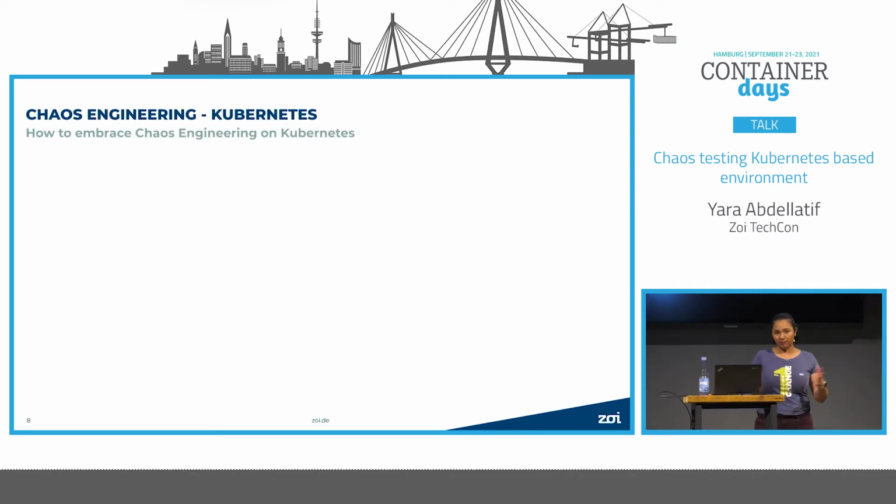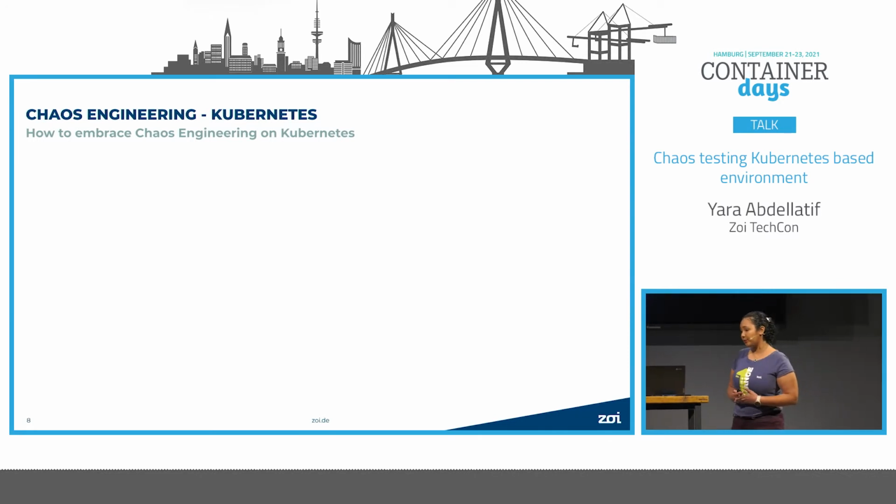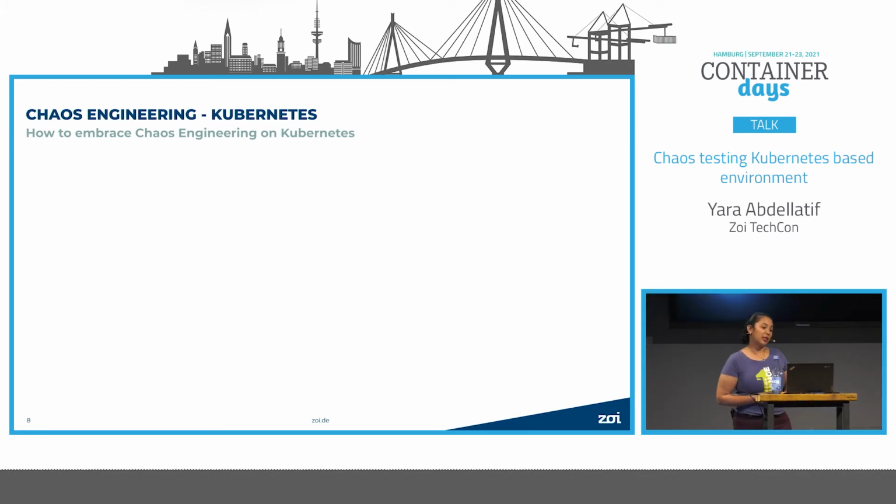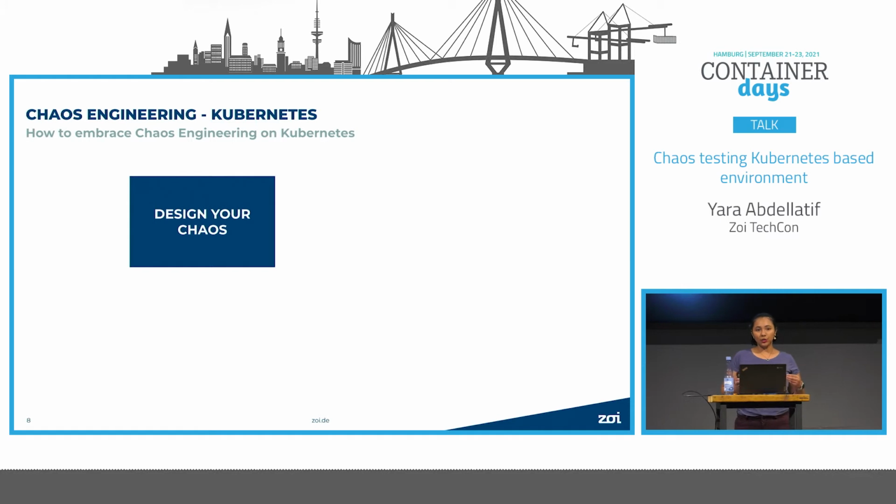Okay, so this is chaos engineering in general. Now we want to actually embrace this, adopt this on a Kubernetes-based environment. What should we keep in mind when we do that? At first, you want to take an overall look at your system, understand how your system works, and based on